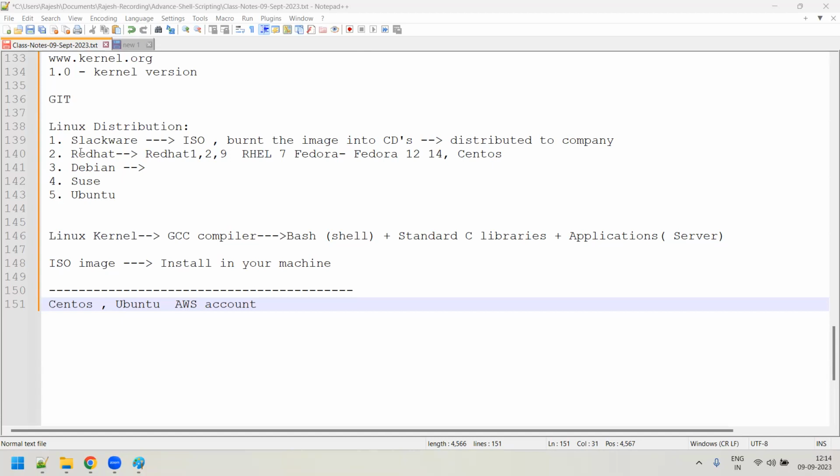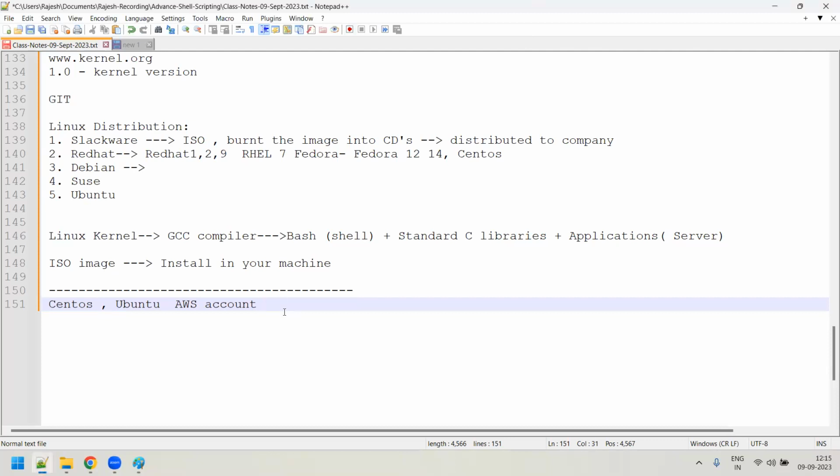Windows servers are used, sir, in the front end we are saying. In the back end, all your critical applications run in Linux only. In the front end, the GUI, whenever you want to interact with the application, you come with the Windows applications. Because the customer is a client, they don't know anything about Linux; they might not even understand the commands. So you need to give them some kind of front end, and that's all designed in Windows.